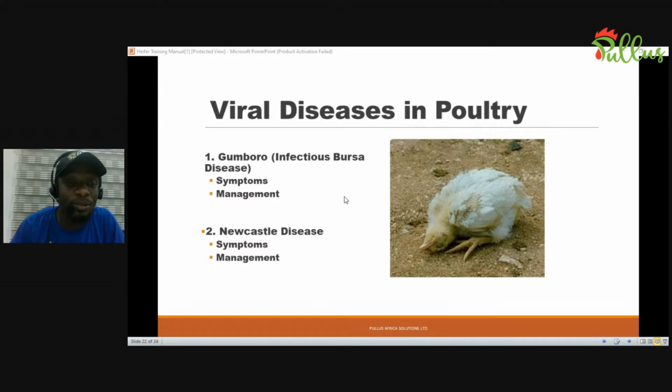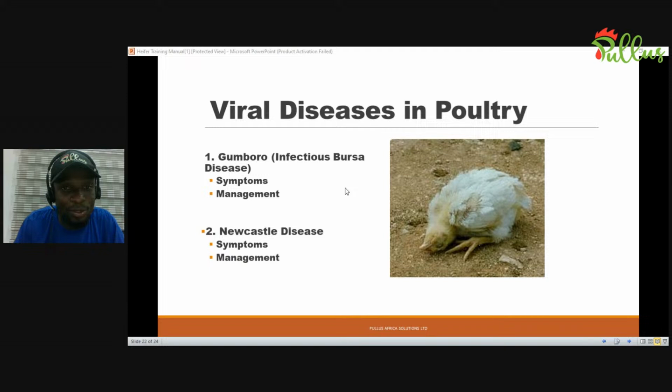Another very, very common sign that farmers should also take note of is that their feces will turn greenish. That is also one of the typical signs of Newcastle. Newcastle also presents with digestive challenges. It causes hemorrhages along the digestive line, from the beak down to the vent. When you open up the breast, you see those hemorrhages along the intestinal tract. So the greenish feces is also an indication of Newcastle.